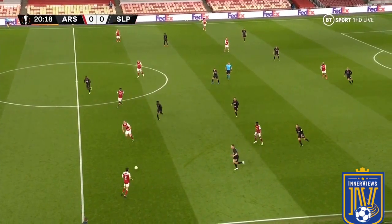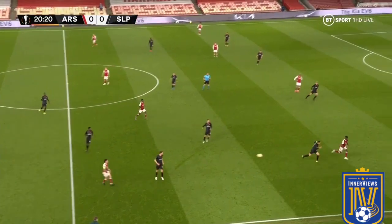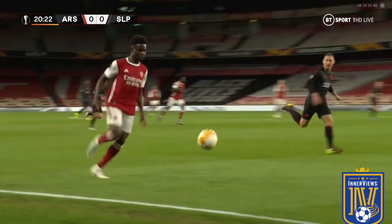When Holding slides the ball to Bellerin, it pulls out Provad, but look at Saka immediately looking to sprint off the left back shoulder into space down the right channel. Bellerin locates Saka's movement, and he ends up clipping the ball out towards Saka down the right touchline, and he's